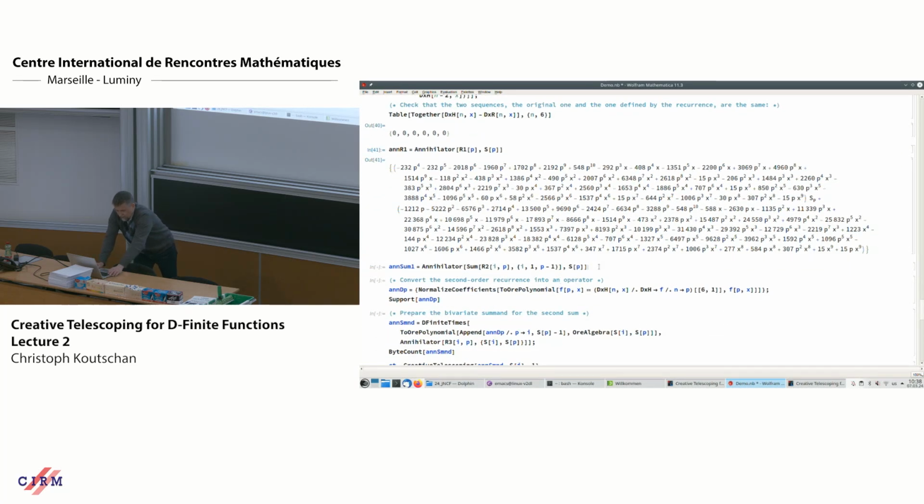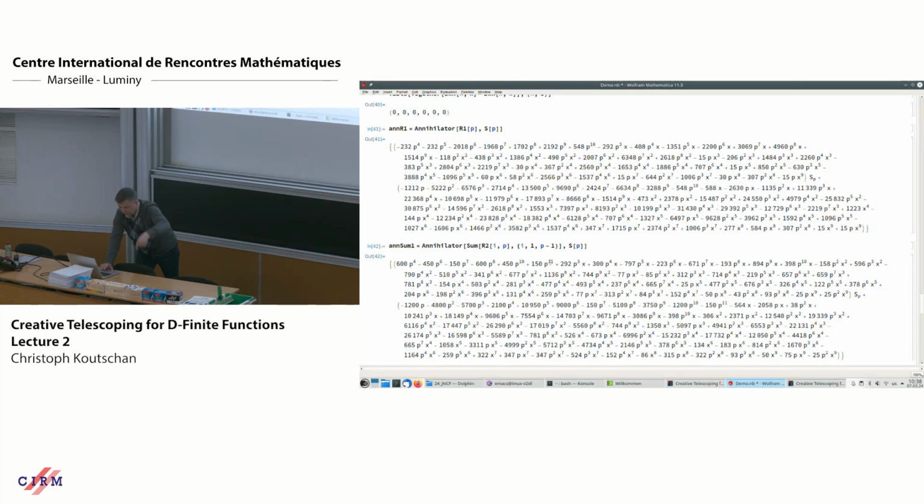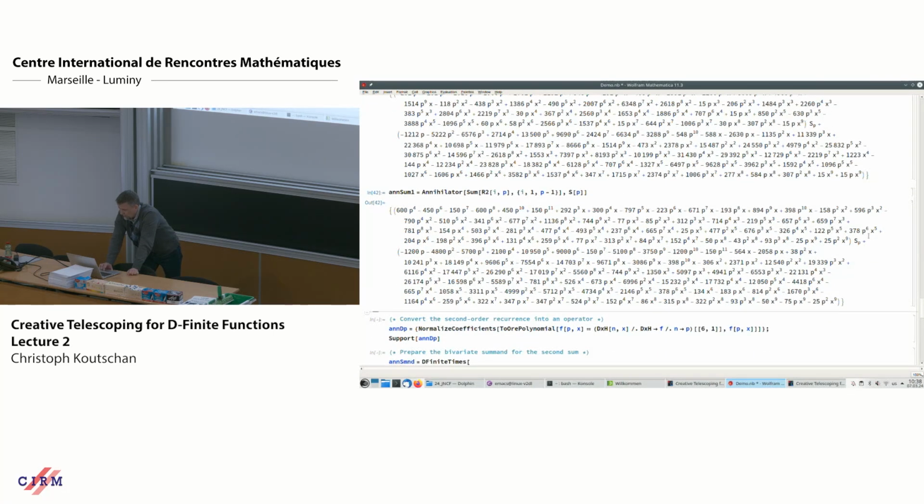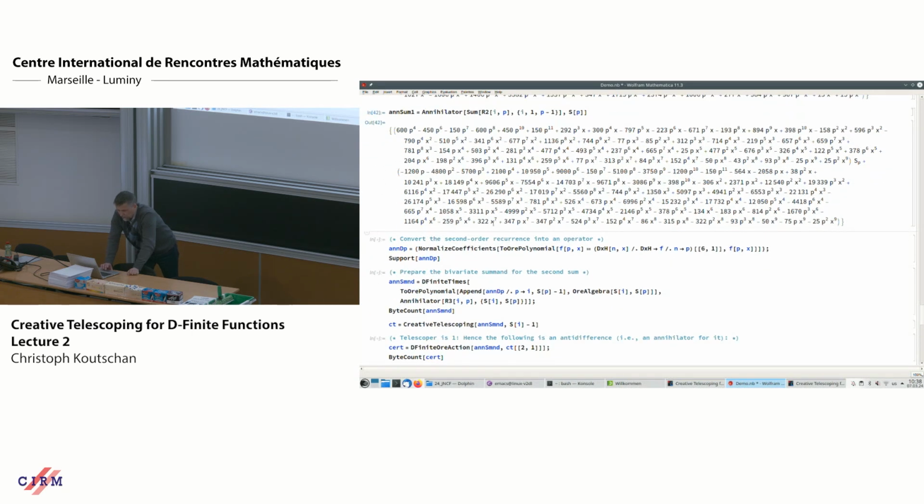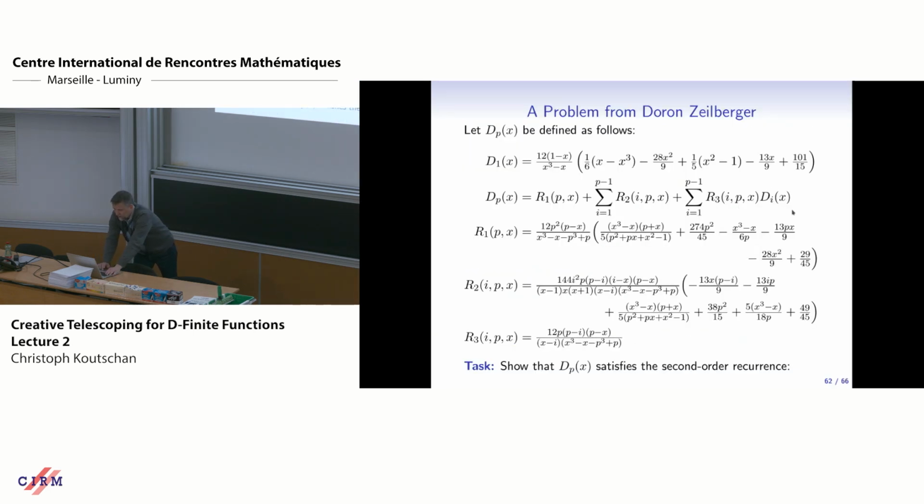The second thing is the sum over R2, and so here, if the sum is simple enough, you can really just plug the sum into the annihilator command. It will do the creative telescoping, and we get a first order recurrence. Here we have SP and something. Now the most difficult thing is maybe the third sum, where we have the D